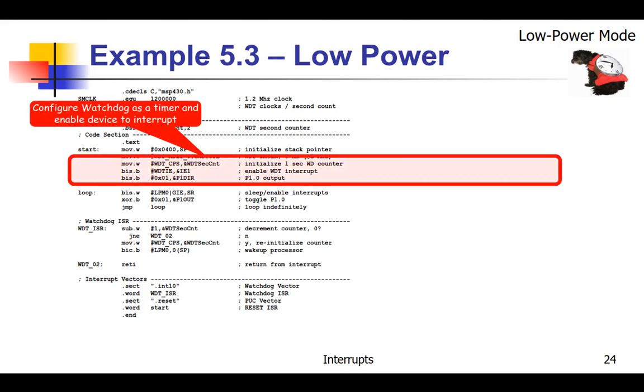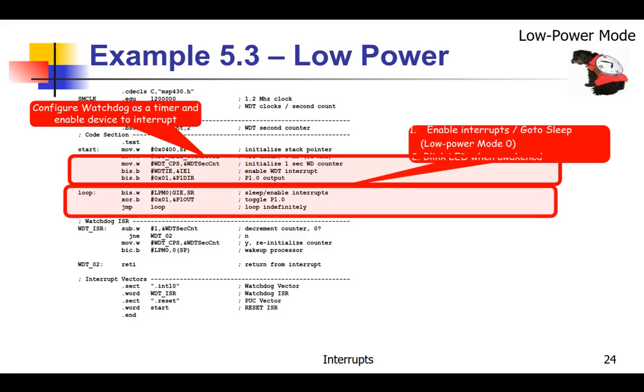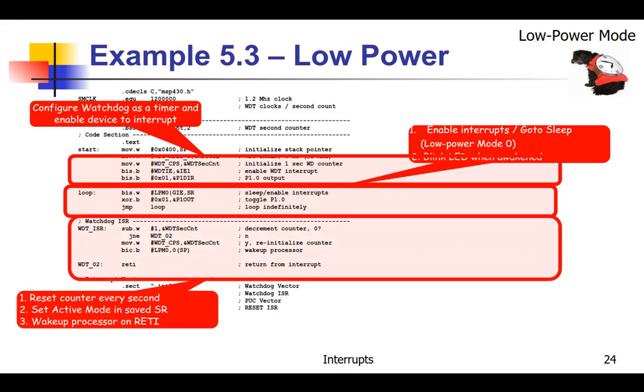In this example, you configure the watchdog as a timer and enable it to interrupt right up here. And then we have a section that puts it to sleep, and it enables the interrupts simultaneously. And down here we have an interrupt service routine, which resets the counter every second,